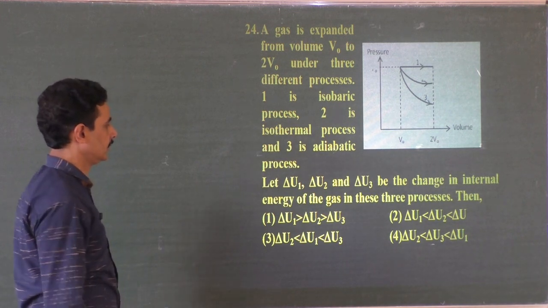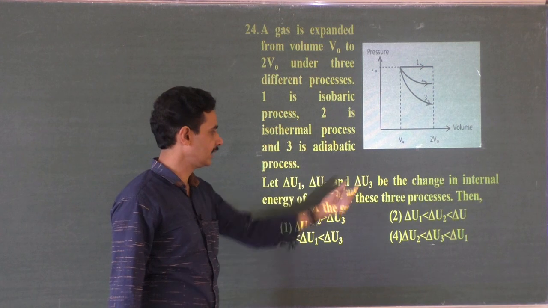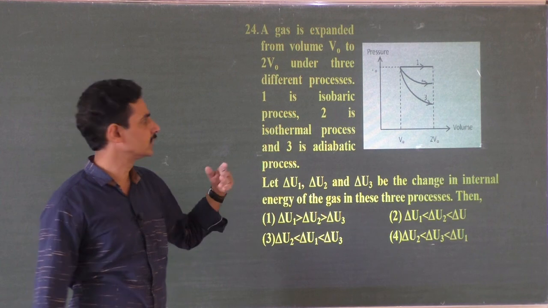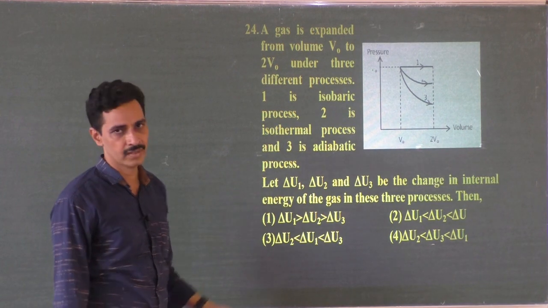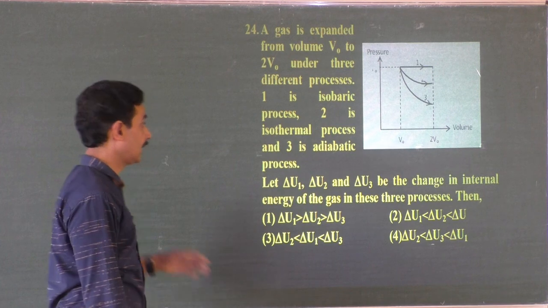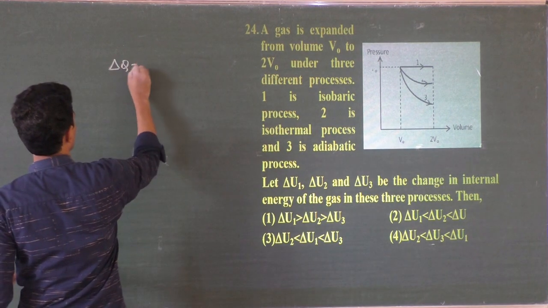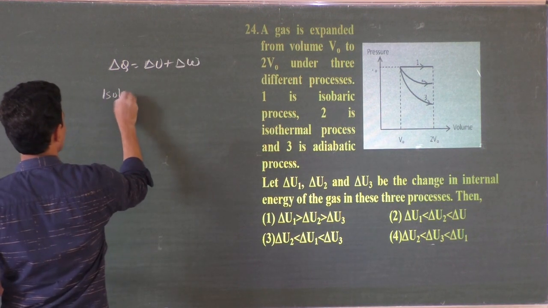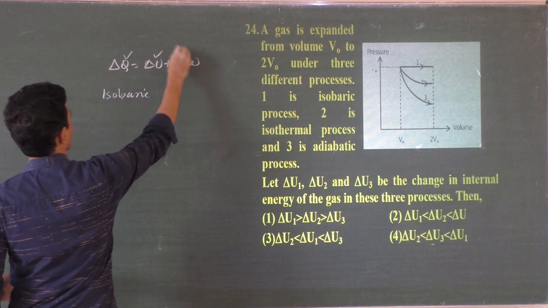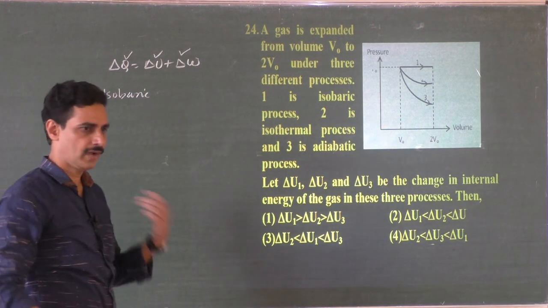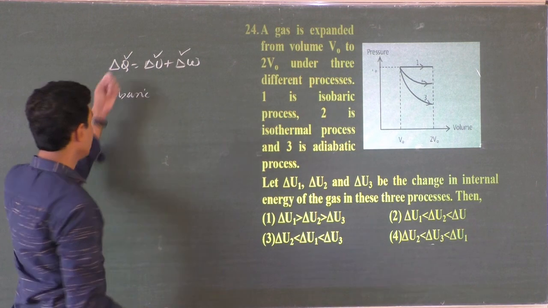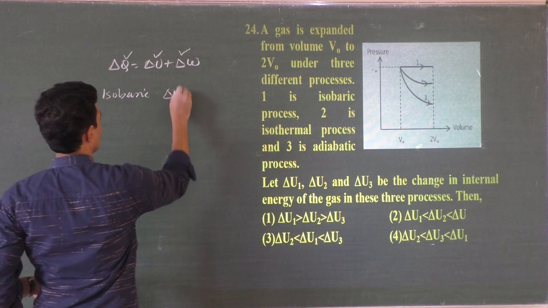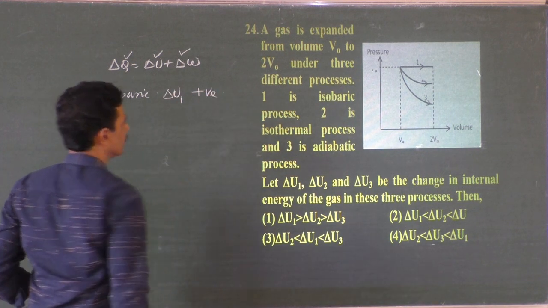Slope is more. And if delta U1, delta U2 and delta U3 are the change in the internal energy of the gas in the 3 processes, then of course you need not look into the graph itself to identify all those things. You can get it easily. You see, you have the first law of thermodynamics, delta Q is equal to delta U plus delta W. You know that in an isobaric process, all the things are involved. You have internal energy change, you have work done by the gas, everything. Then if heat energy is absorbed, then there is delta U. Delta U1 is positive.